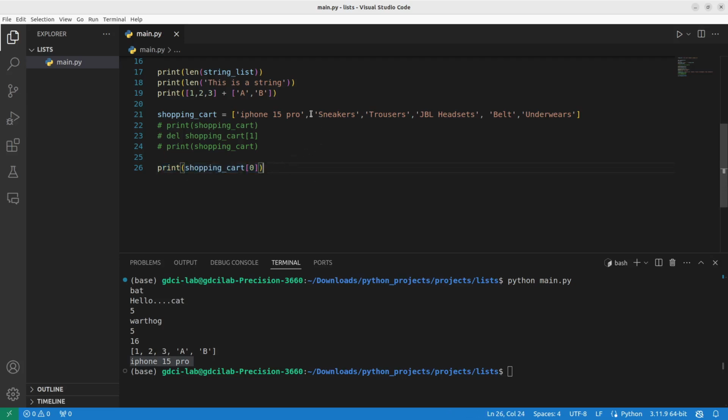But what if we want to access items from here to there? That means we are going to extract things from the list. Okay, and that's what we call list slicing. So we want to slice that list. And how do we slice the list? We want to print what? Okay,